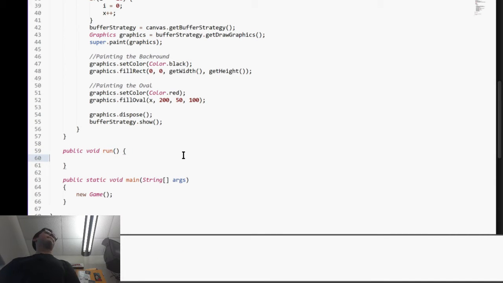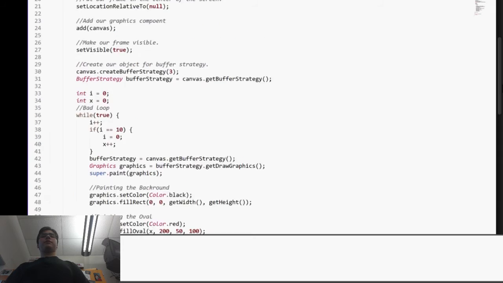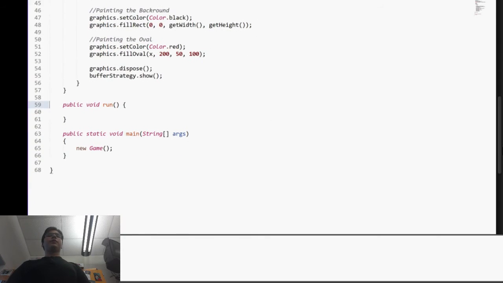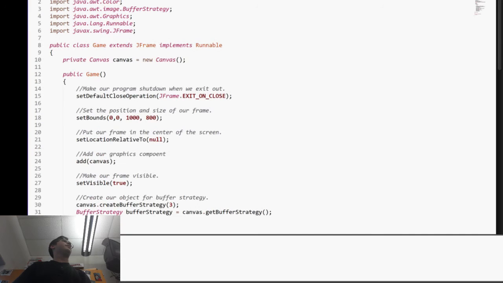What purpose does run serve? Well, we implemented Runnable. Runnable is required. We're required to implement one method when we put Runnable in there. The reason we have that is because when we run this, we're creating a thread here. Our game is a thread. So this is our thread here, and we want to actually start this, so the run method will run the